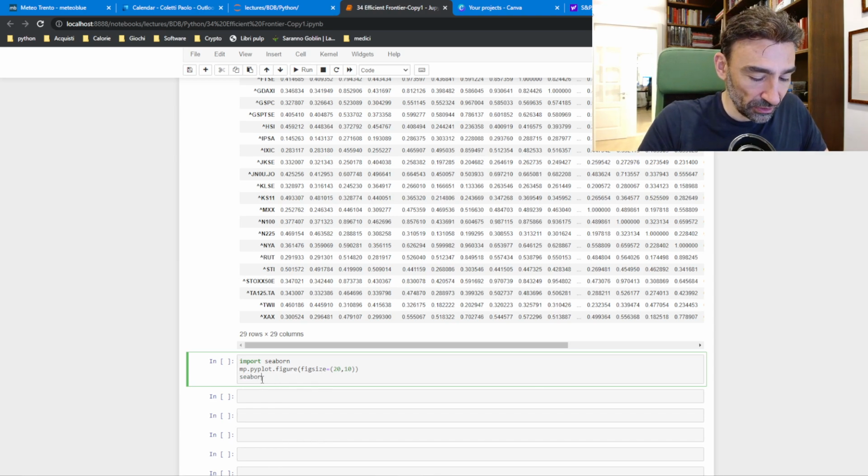And now seaborn.heatmap of sr.corr, so we draw the heatmap of the correlation. cmap equal Reds, it means that it will be painted red, annot equal True, vmin equal 0, vmax. I will explain in detail this annot. annot_kws equal size